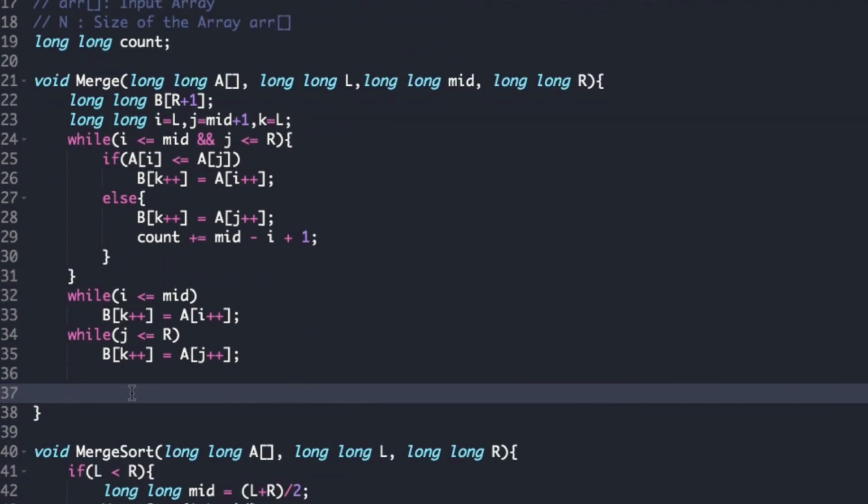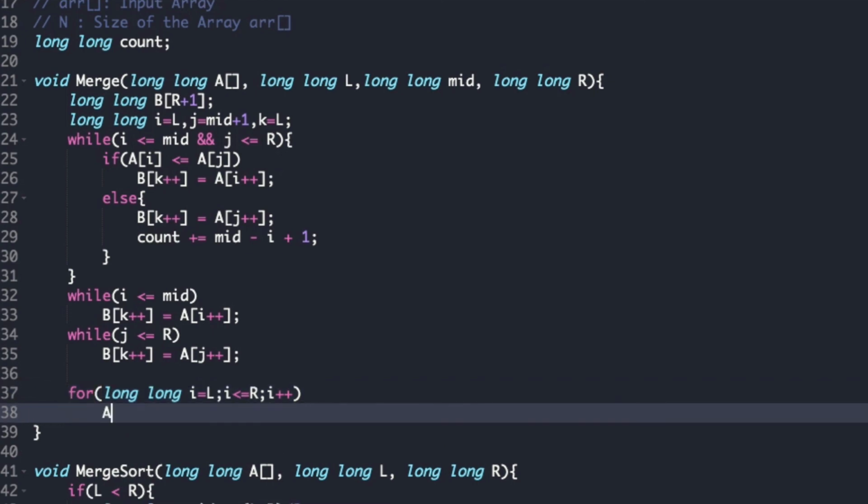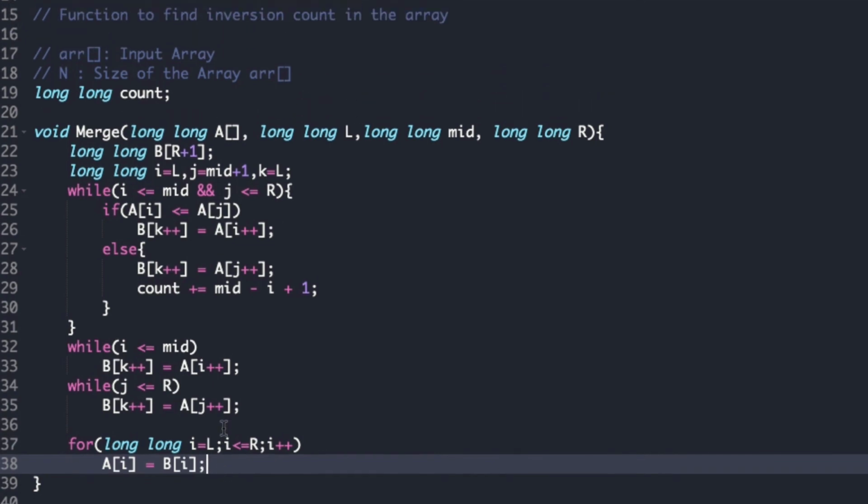And finally, we copy the contents of the auxiliary array B into our original array A. For that, we can insert a for loop: I is equal to L, I is less than or equal to R, I plus plus, A of I is equal to B of I. So we have copied the contents of the auxiliary array B into our original array A, and we are done with the code.